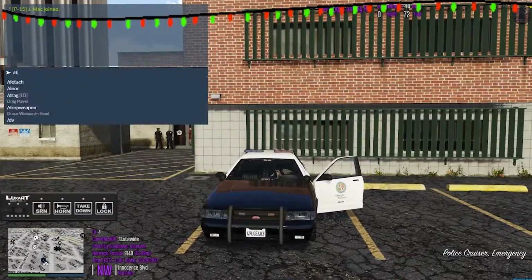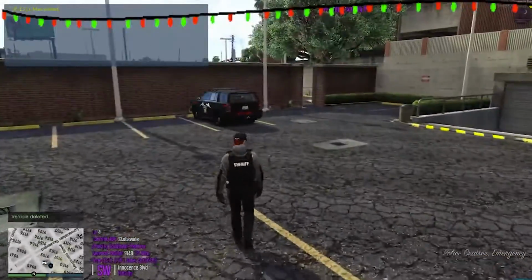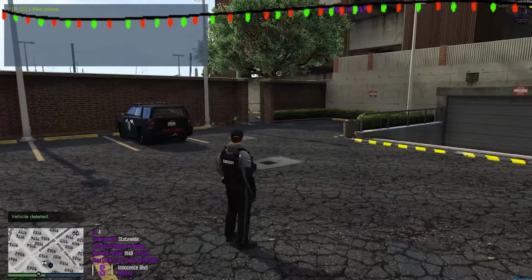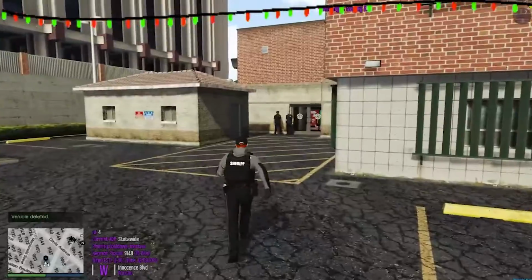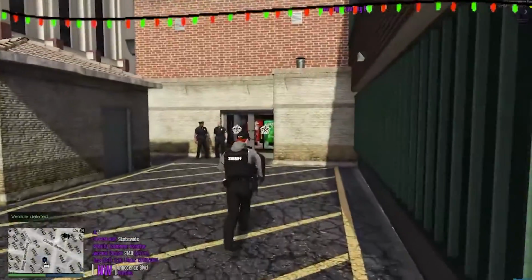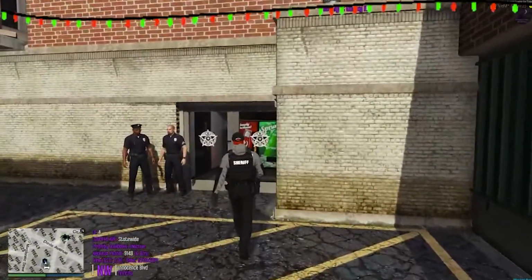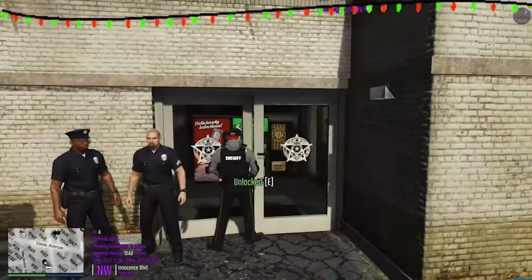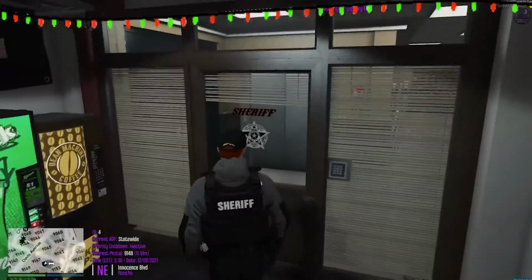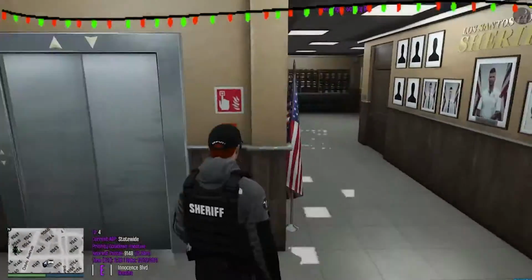Plus, our cruisers are better. Anyways. That's locked. Good. I'm gonna unlock that right now for the time being.